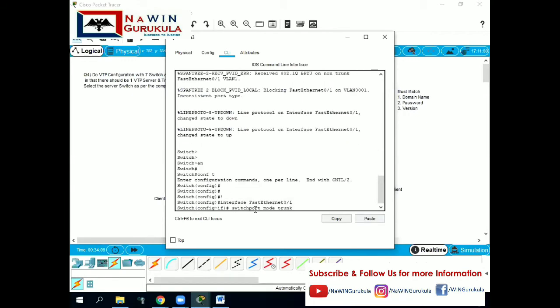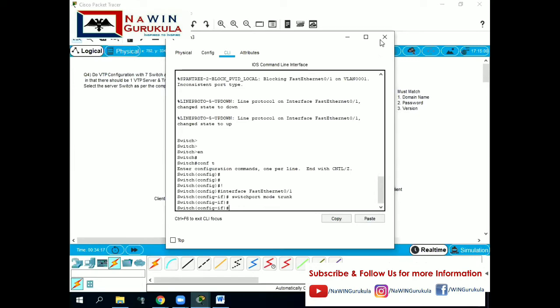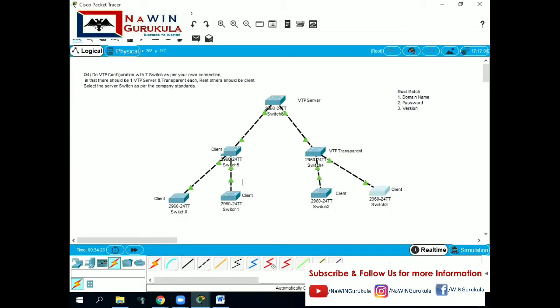It is all the first port: interface fast ethernet 0/1, switchport mode trunk. That is, I'm converting that port into a trunk port. So now all the uplinks, the links connecting between the switches, are trunk ports right now.